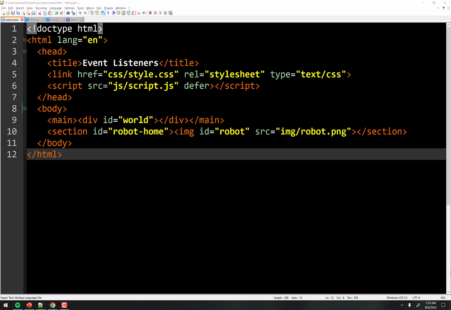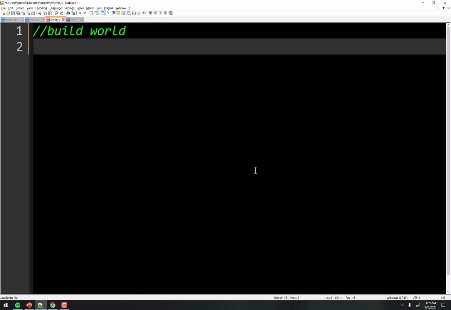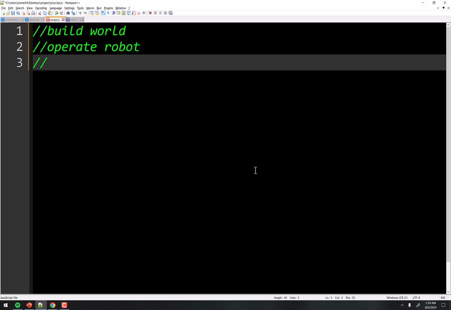So that's the first thing we're going to do, is build the world. So let's take a look at a couple things here that we want to do. Thing number one is we want to build the world, as I just mentioned a second ago. We also are going to need something to control the robot or operate the robot, so operate robot functionality. We're also going to need to place the food, so some food controls maybe.